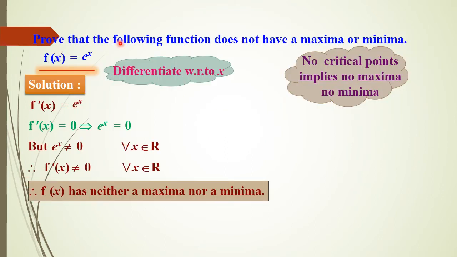See in this slide, when you're finding the maximum or minimum of the function e to the power x, first find the first derivative of the given function. e to the power x differentiation is e to the power x. Write f dash of x is 0. e to the power x is 0. What is the x value? Again 0 only. So if the x value is 0, there is no maximum value and no minimum value. It will be a point of inflection.